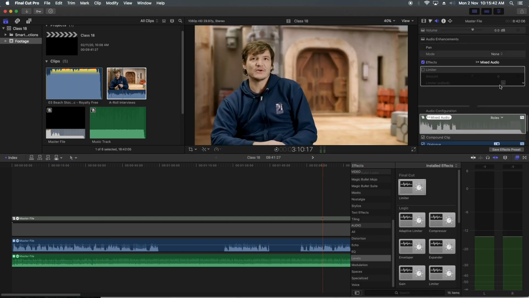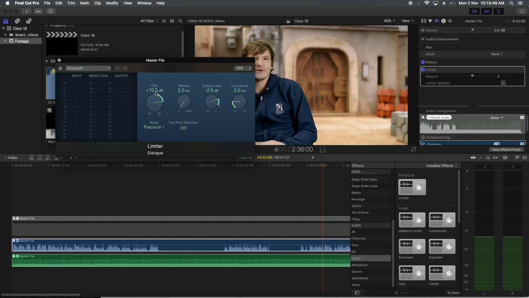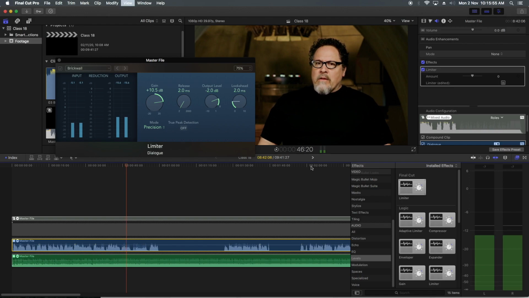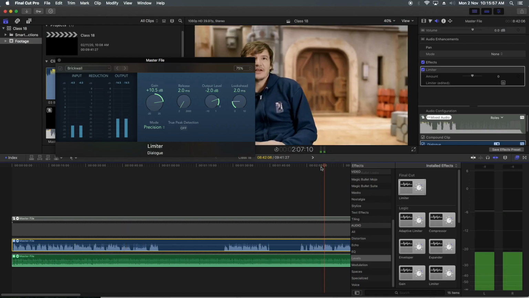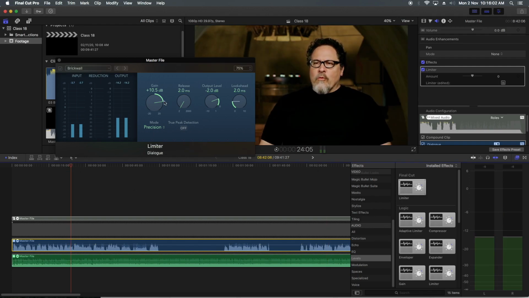So if we want to increase more, yes, we can go and refine it. Let's play. Is it going up? If it's going up, definitely we have to control the output level, not the limit level, because this is increasing the levels and this is controlling the final output.